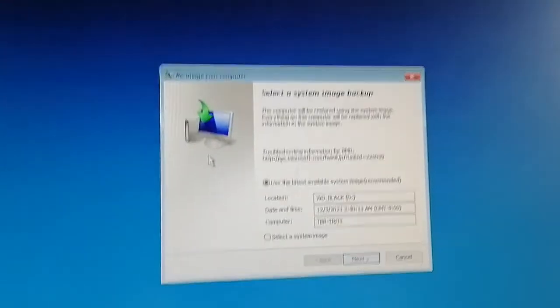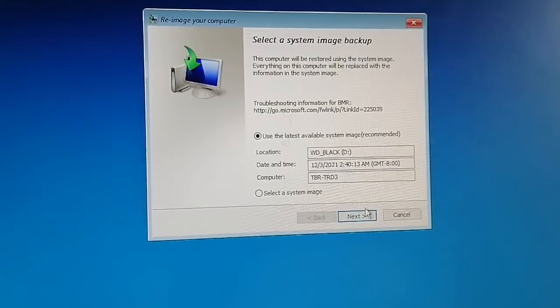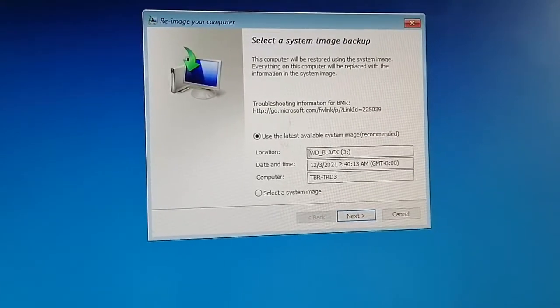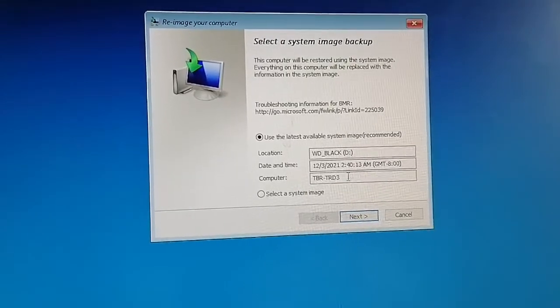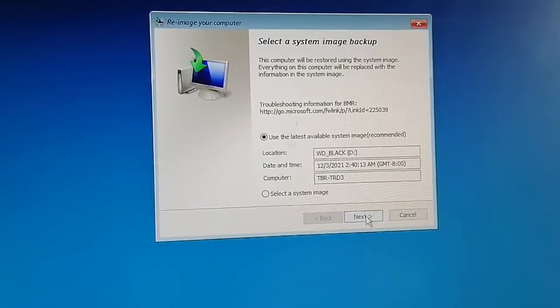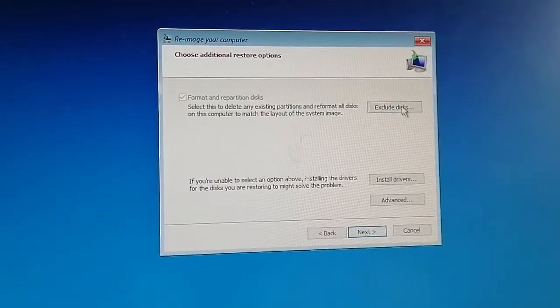And now Windows is scanning the different peripherals. And because I have connected my recovery system, which the name is WD Black, I'm going to use it to recover on my NVMe.